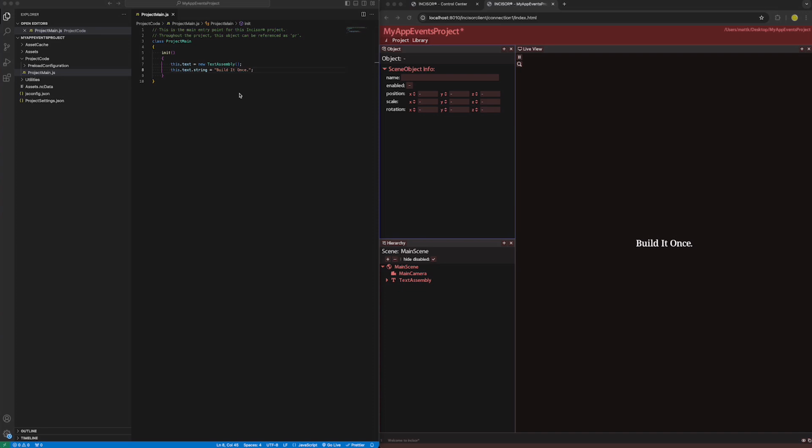To get started, let's open a blank Incisor project. We can leave the sample text in for now, setting the string to empty. Let's use the key down app event provided by Incisor to be notified whenever a key on the keyboard is pressed. Set a variable equal to